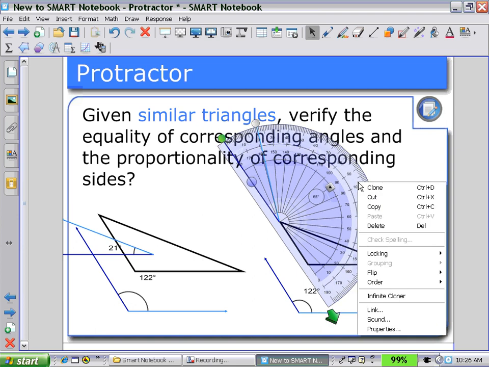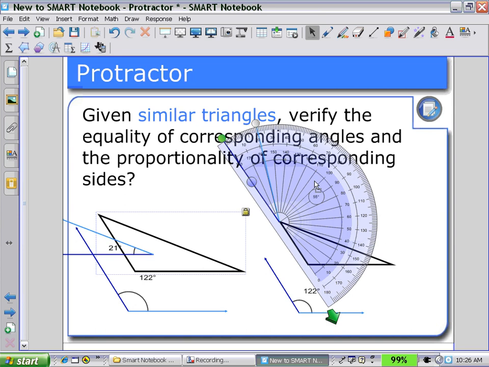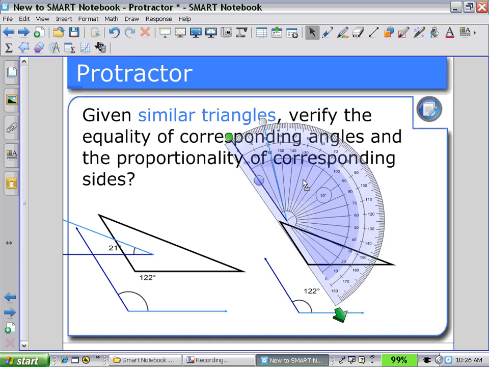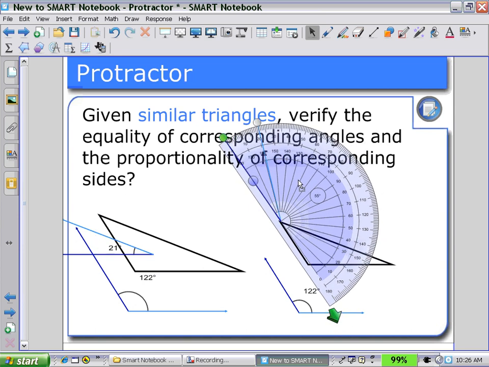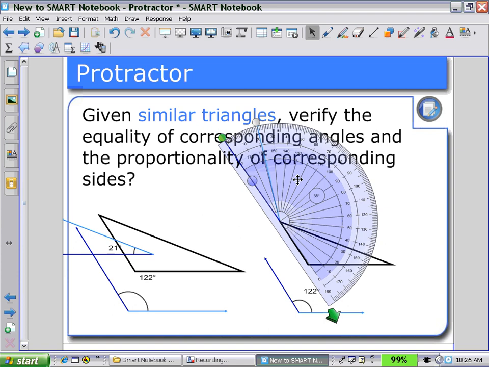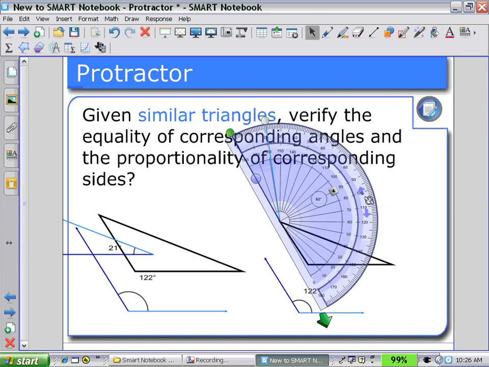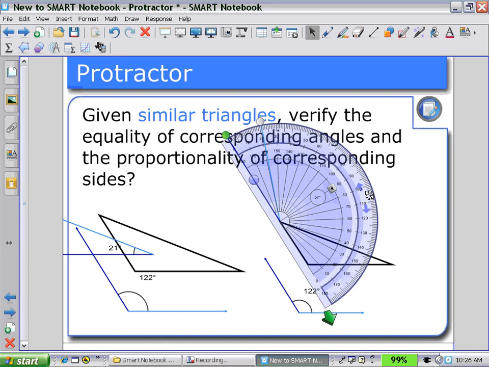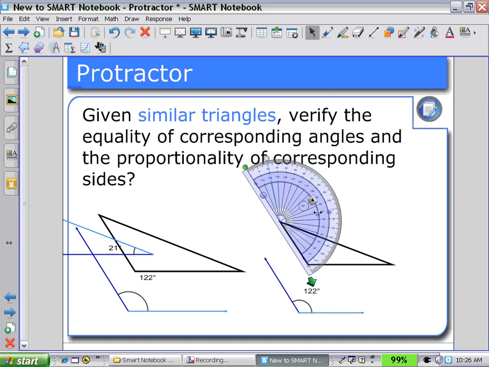Okay, still going to have to match up that pivot point to the vertex. There we go. A little bit more rotation. There we go. And now resizing the protractor so that as I measure,